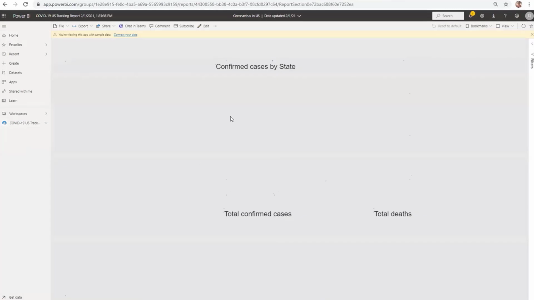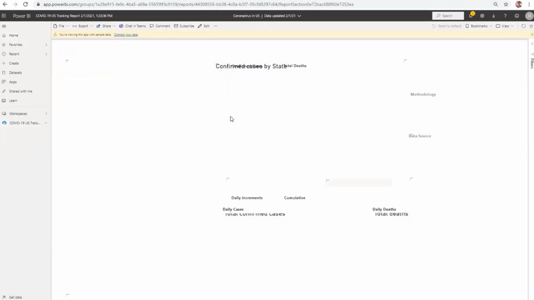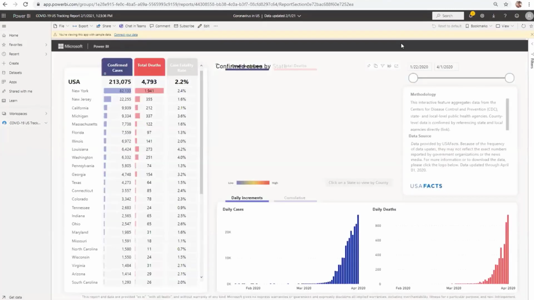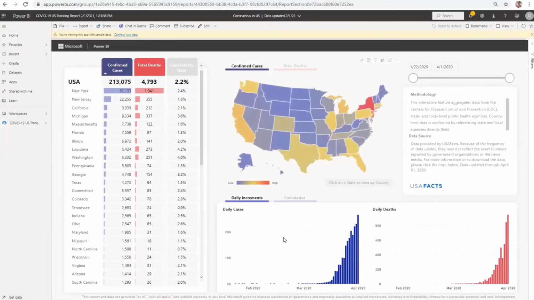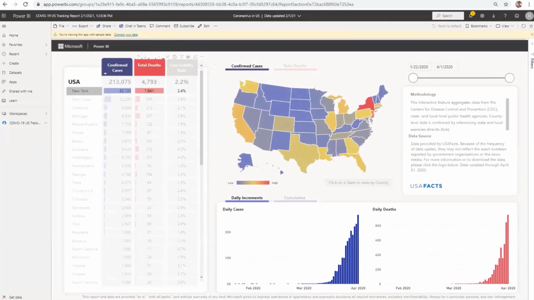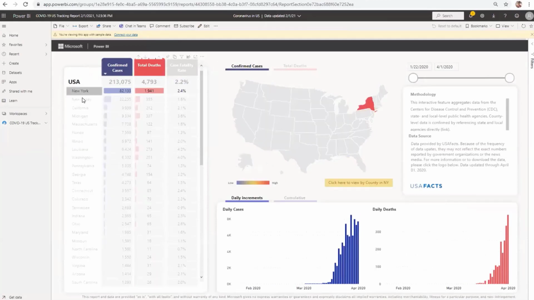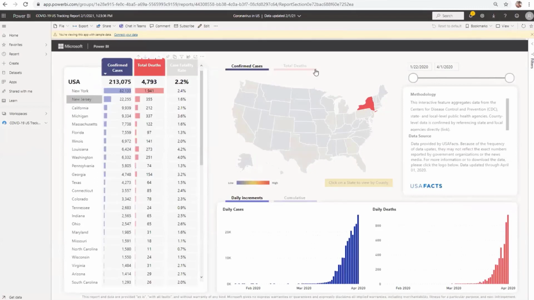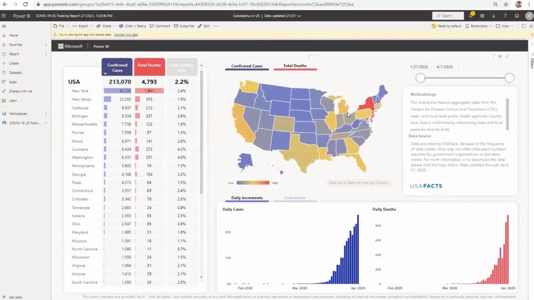So this is a COVID report for the United States. Okay, so these are some reports. You can see, for New York, what the status is, daily cases and other stuff. For New Jersey, you can check the timelines. Total deaths: you can filter and see where the most deaths happened. All these things will help you to understand the data.